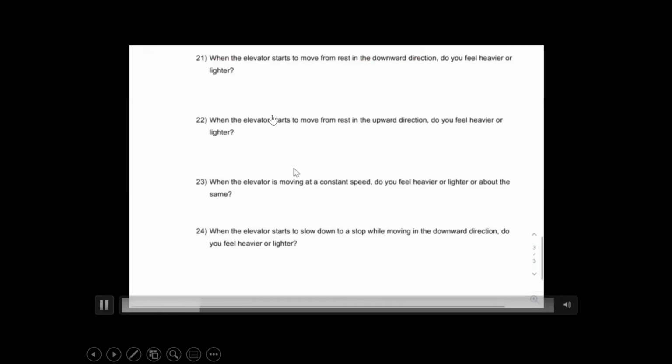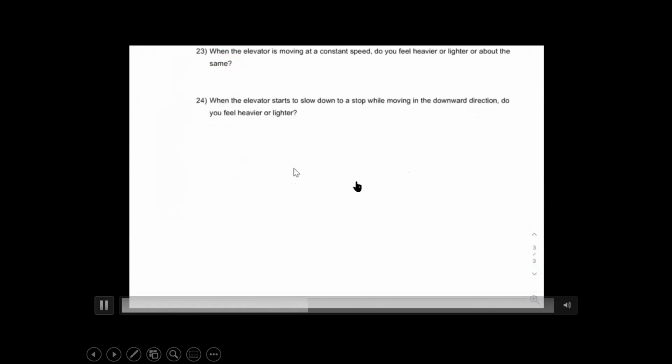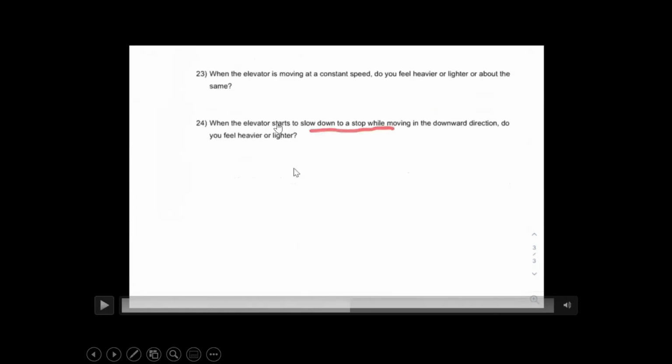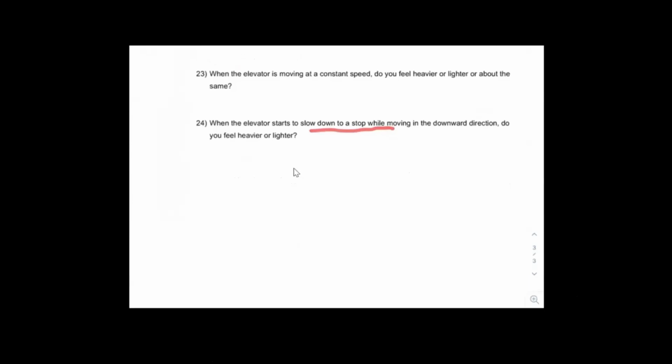All right, so moving forward, when the elevator starts to move from rest in the downward direction, you will feel lighter because of inertia. When the elevator starts to move from rest in the upward direction, you will feel heavier because of inertia. And lastly, when the elevator starts to slow down to a stop while moving in the downward direction, so it's going down and it's slowing down, do you feel lighter, heavier, or about the same? The answer to that question is going to be,